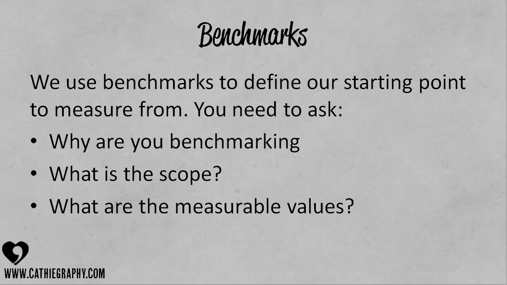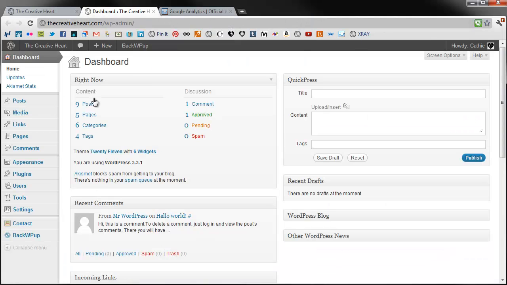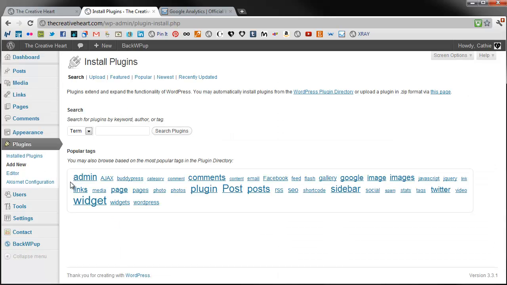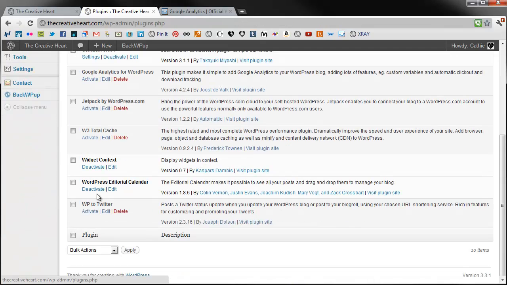So we'll go to your website, log in, and then we'll go to your dashboard and go to plugins, add new, and we're going to add the Jetpack extension. This is freely available already on WordPress.com blogs that are for free, but if you're on a self-hosted WordPress installation, then you need to grab this plugin and then install it. So mine's already installed, so I'm going to go ahead and activate mine,